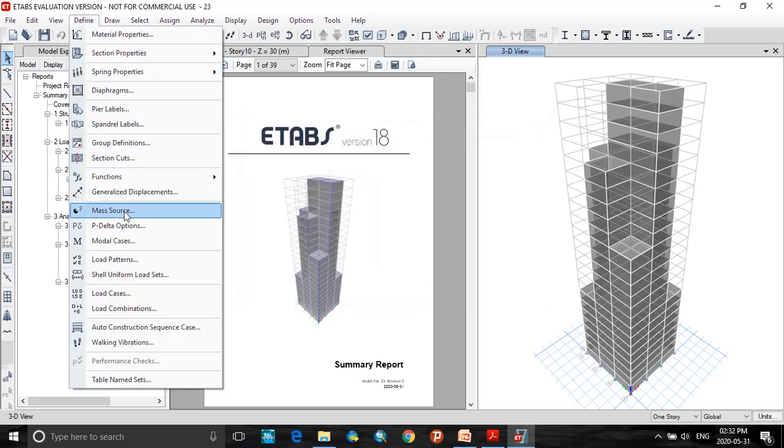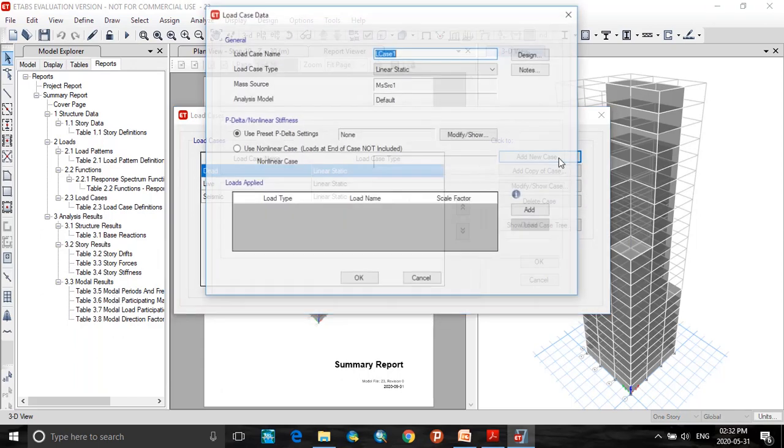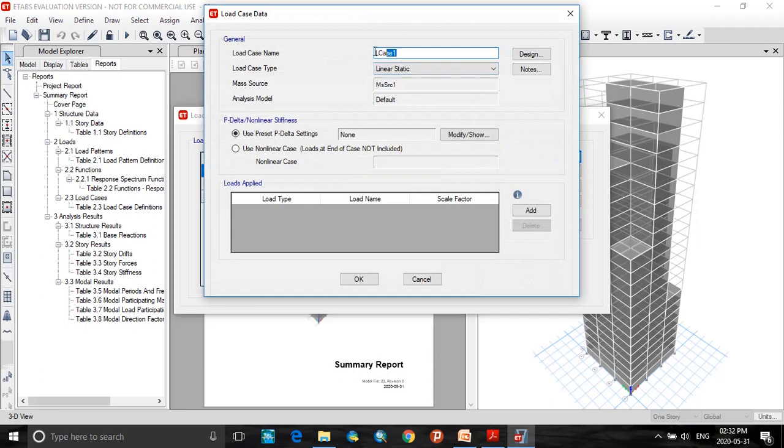Next, go to define, select load cases, and add a new load case, click on add new case. So give the name for the new load case, that is response spectrum.